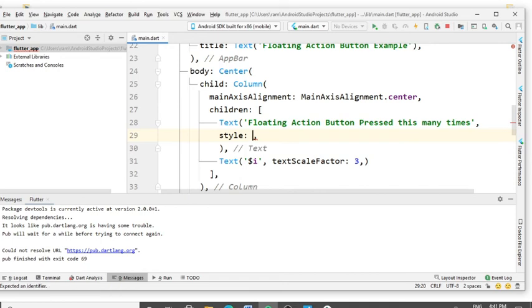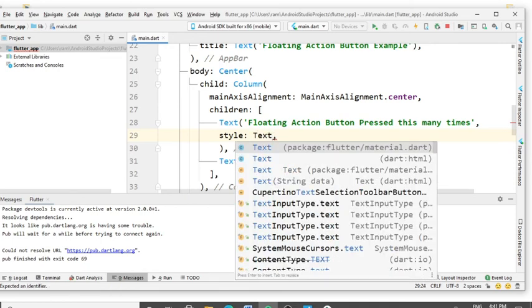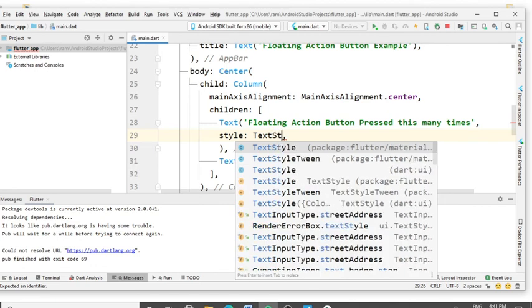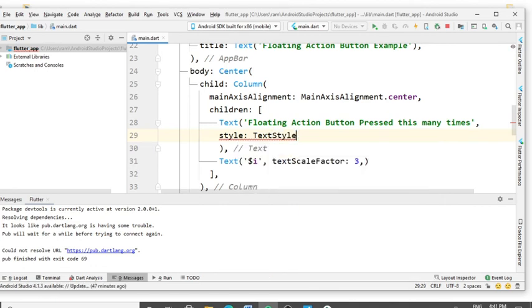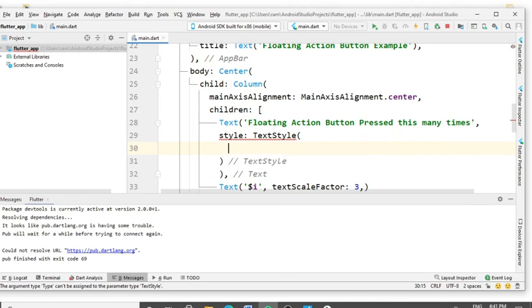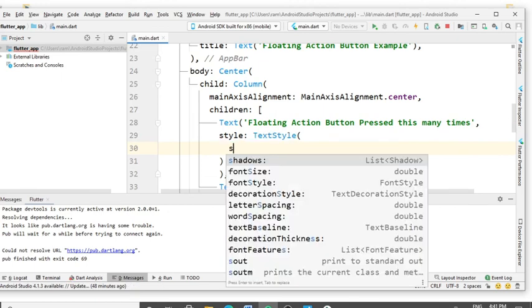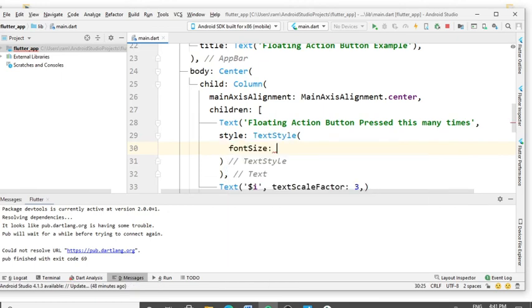Type TextStyle, remove the comma and put the round brackets and type fontSize. Give 20.0. Now run the project.